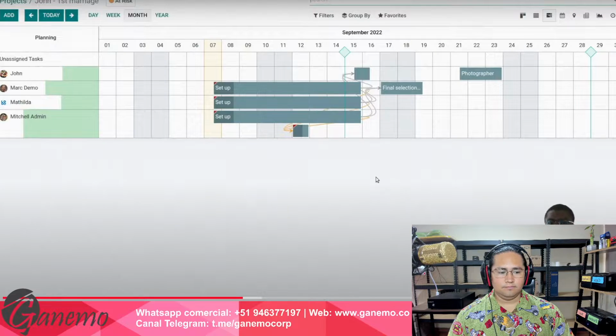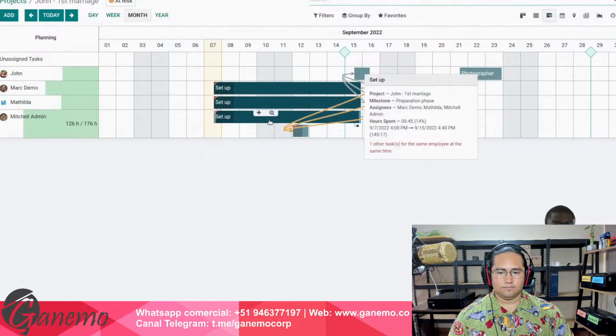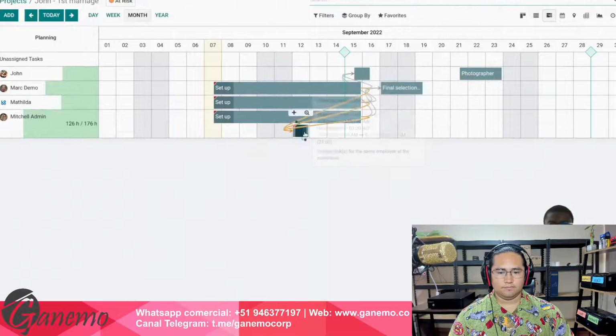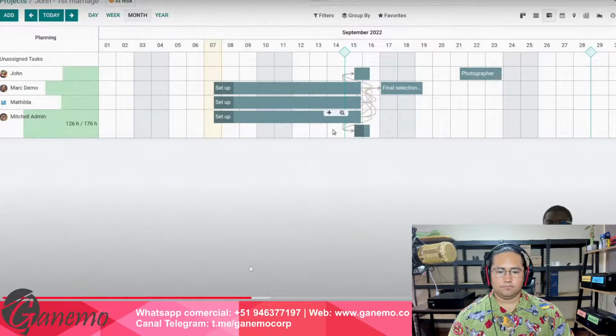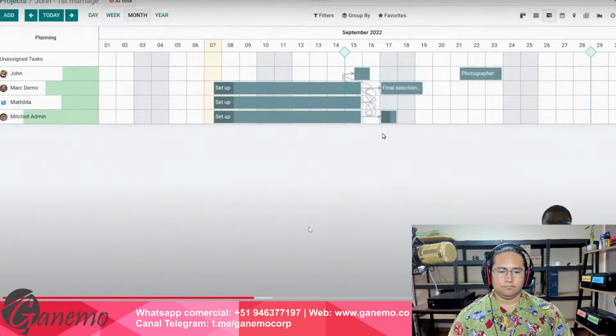But here we can see also there are some discrepancies regarding those. The first discrepancy is the fact that, for example, here, Mitchell has 2 tasks to be done at the same period, which can happen. But for him, it will be a little bit difficult right now because he already has a lot on his plate. So I can easily click here, up, and move it around. By the way, this task cannot be done before this one, which is why it was in red. So I can just move it to another date quite easily here.